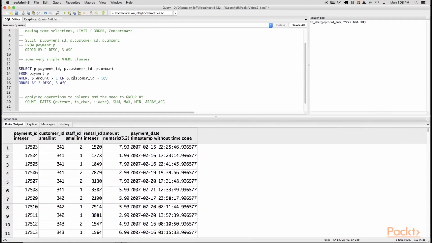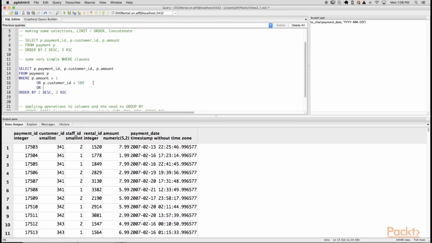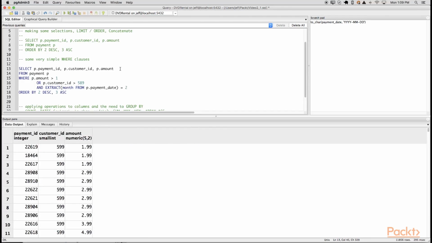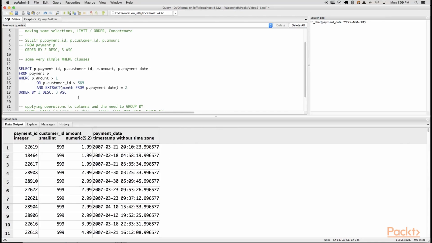So we've got our amount filter, we have the customer ID filter, and we can say or, say and. So what I'm doing here is extract. It allows you to pull out many date parts, such as day, week, month, quarter, year, from dates, and it outputs an integer. So in this case, month would take a value from 1 to 12, and now when I run that, you'll see that also put in date. So extract month from p.payment date equals 2, and we need to put this